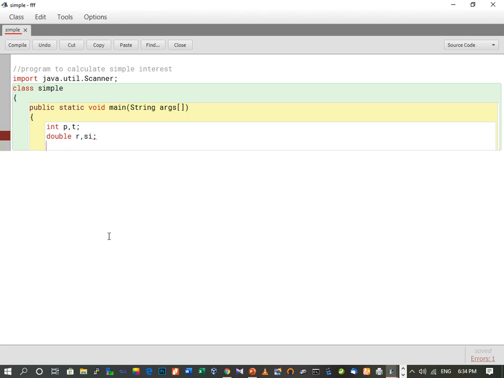For that the syntax is, we will write down Scanner. Here you can see that Scanner is always written in capital. This S is written in capital letter. Then obj, here you can take any object name. It can be XYZ, it can be your name, anything. The object name is totally dependent upon the programmer. You can put any name over here. So the class name will be the same, Scanner, and the object name can be anything, equal to